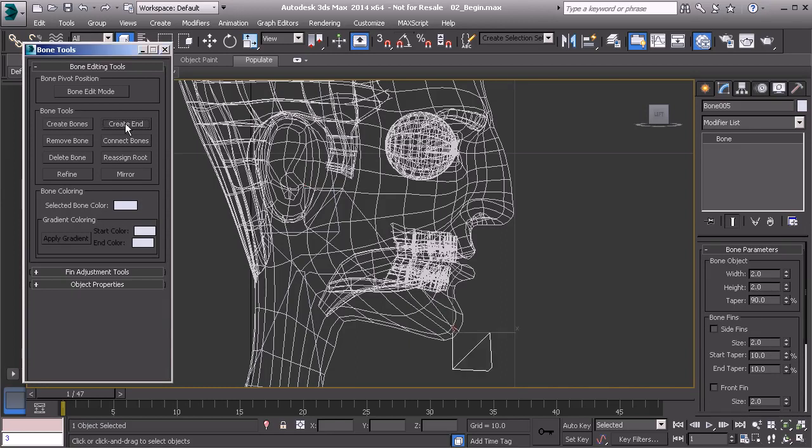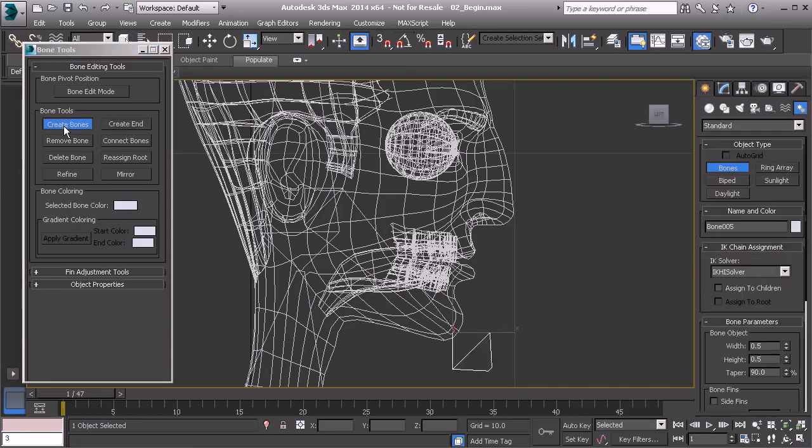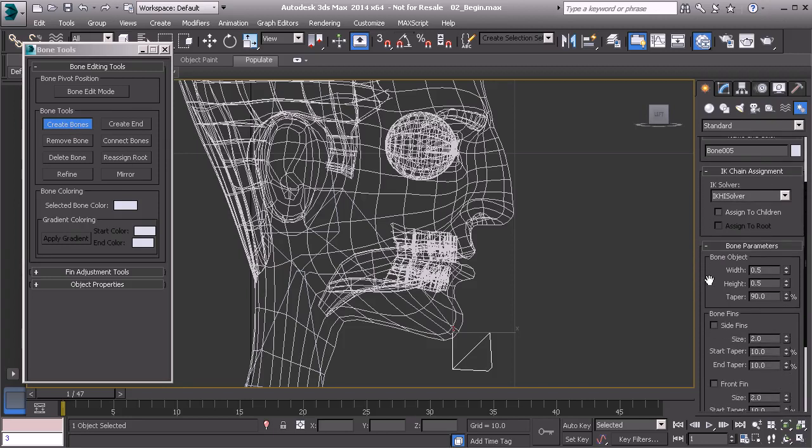and go ahead and choose Create End. Now if we were to go ahead and grab our Bones tool again, you'll notice that the width and height for this tool settings are still at 0.5, so we could always increase this to 2. We might drop that down when we're ready to create our eyelid bones, and that's going to be done in